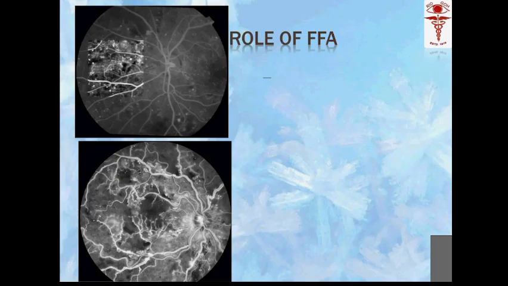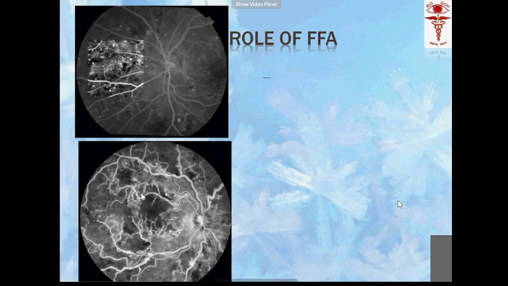was telling you, so we do what is known as a fundus fluorescent angiogram to see what are the exact vascular changes occurring in the retina. So what we do is we inject a dye and we see for the circulation of the dye in the eye, similar to something what we do for the heart angiogram. So this is a fundus fluorescent angiogram. So we inject a dye and see for circulation.